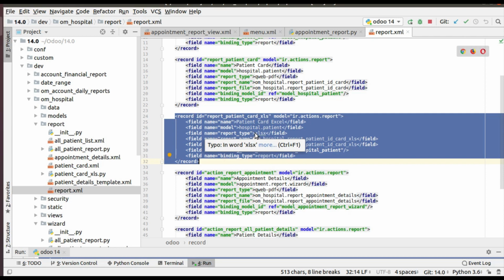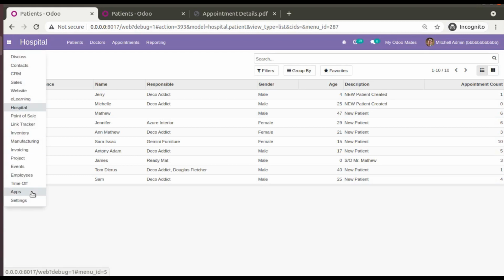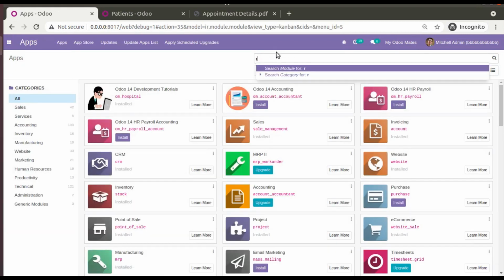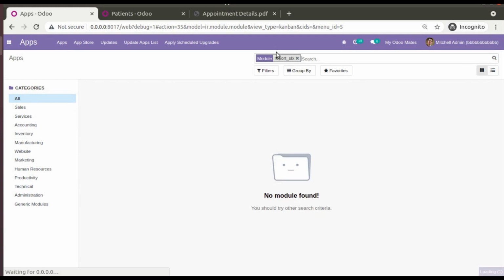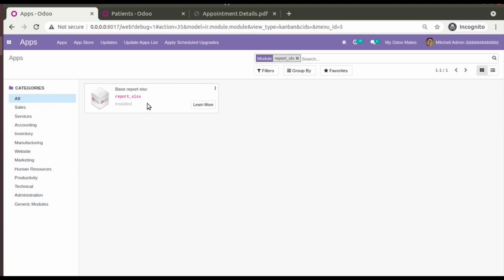Before going into that, you must have downloaded the report XLSX module. If you go to the apps menu and search for report XLSX, you have to download this module from the Odoo App Store and add it to your database. This module provides us the report type XLSX in our database.